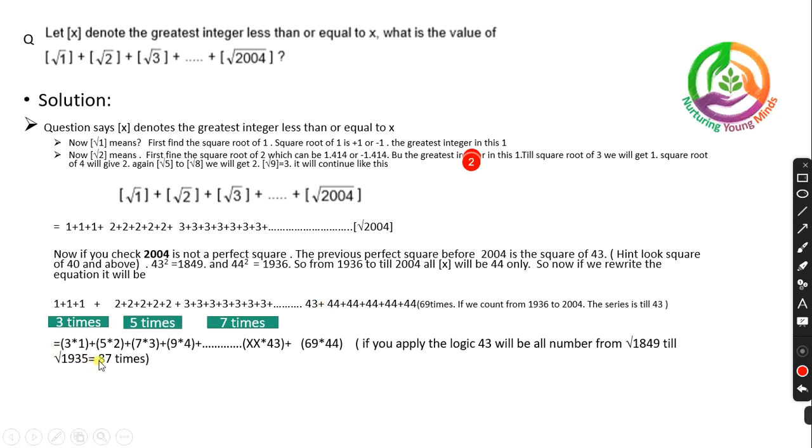So this is 87 times, correct? What I am trying to do here, if you look at the series, 44 you already identified, correct? So 43 square will be 43, and 43 square plus 1, the next number, the square root of that will also become 43, correct? That will come till the number before 44 square, correct? So if you calculate that way, you will get 87 times,